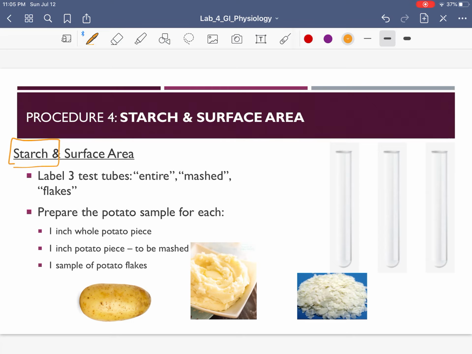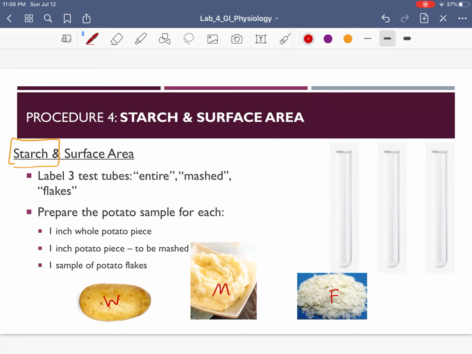Surface area influences how much digestion can occur. So we're going to test this theory to figure out how surface area affects digestion by using 3 forms of potato. We're going to have a whole potato piece, a mashed potato sample, and potato flakes. So in the lab, we would actually take a real sample of